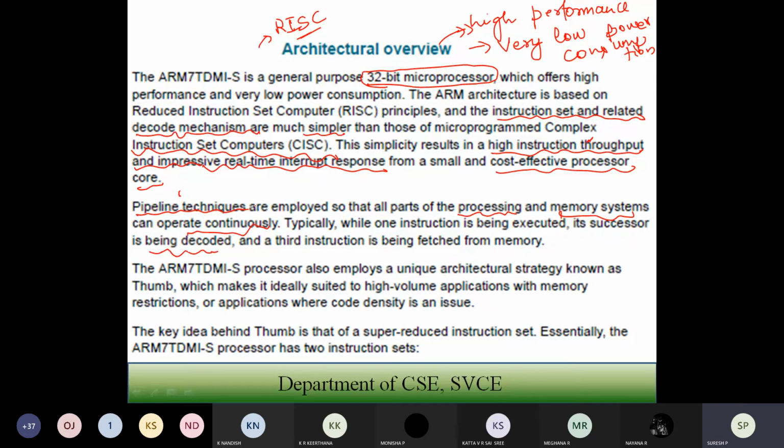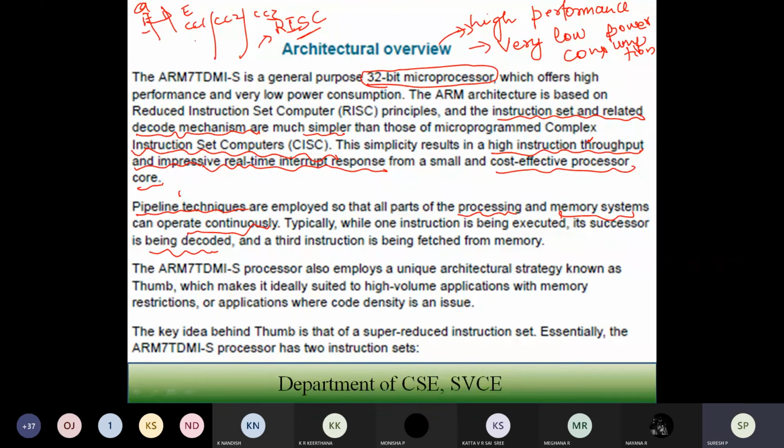That is the fetch, decode, execute, running in parallel over clock cycle 1, clock cycle 2, clock cycle 3.